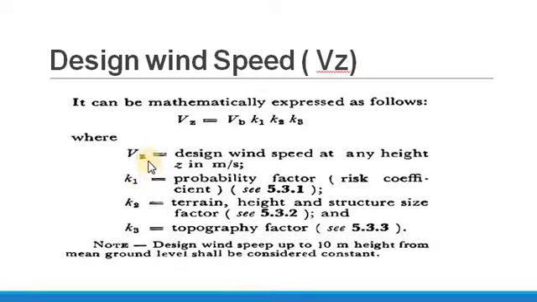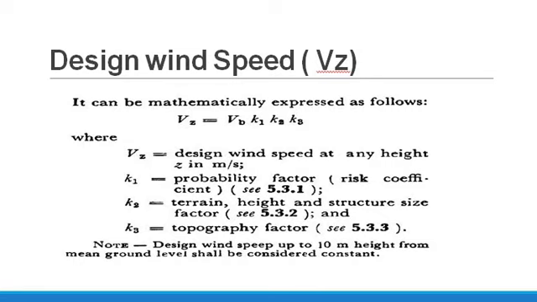Our design wind speed is the multiplication of, first, Vb, that is our basic wind speed, then K1 probability factor, K2 terrain, K3 topography factor. The values of K1, K2, K3 will depend upon different factors like where the building is located and what the height of the building is. Our code IS 875 part 3 contains all these factors, and the different factors K1, K2, K3 are tabulated in this code only. Now if I talk about the probability factor